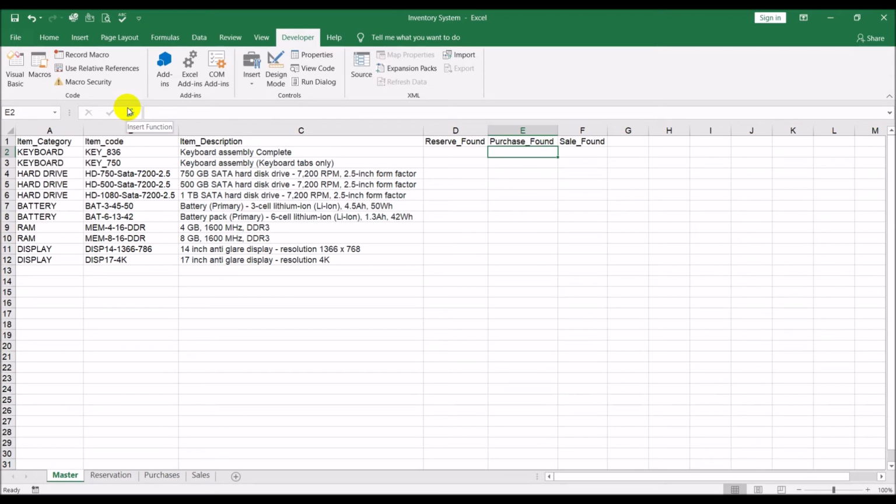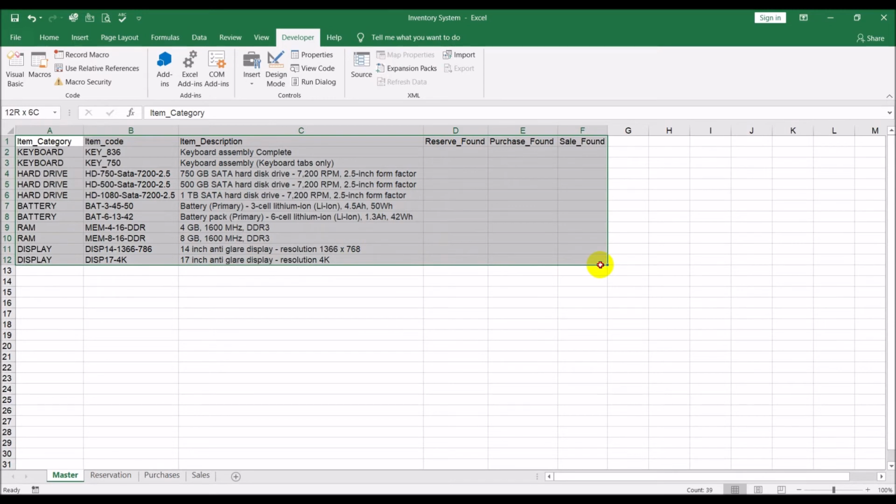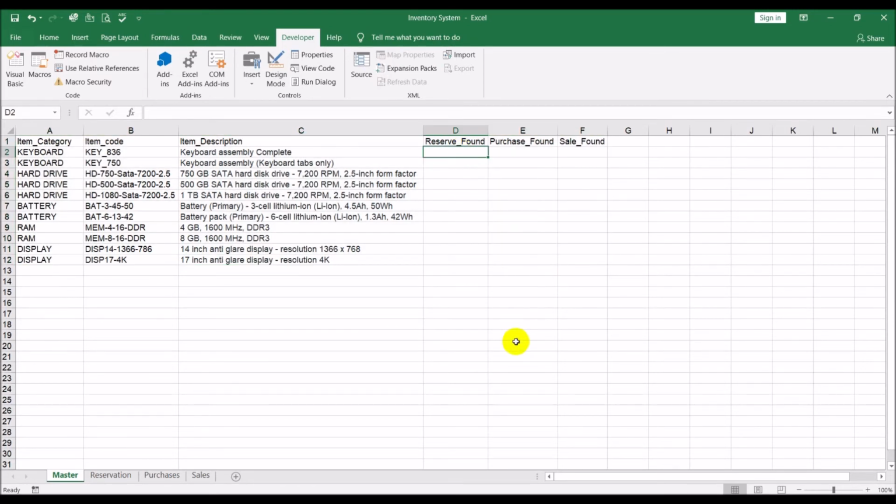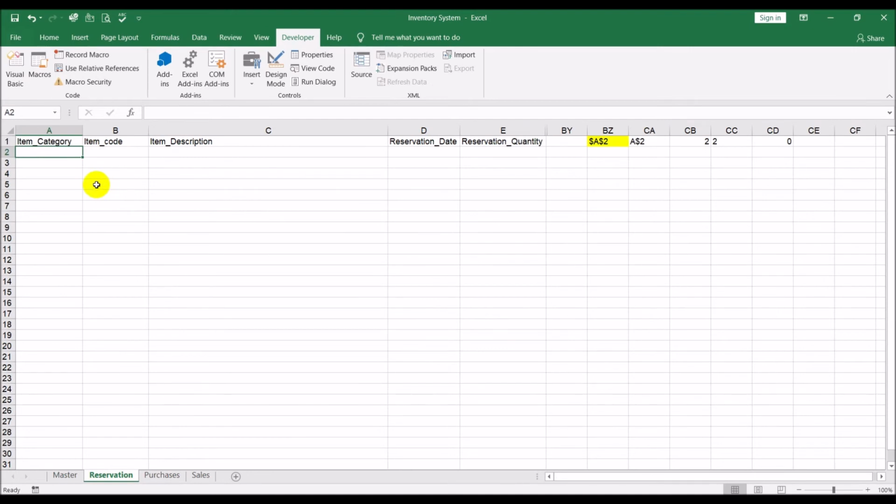Okay. So, if I enter any more items, I need the drop down option to update automatically. So the way I'm going to do it is I'm going to highlight all this. In fact, let's just put a code here too. Okay, and what I want to do is, let's go back here and let me just put in